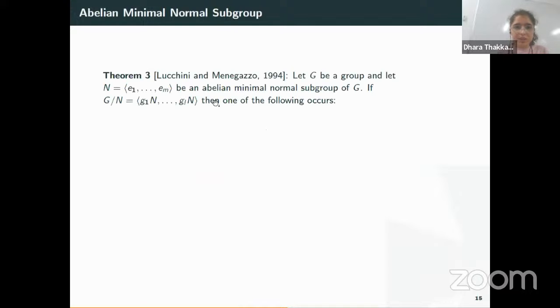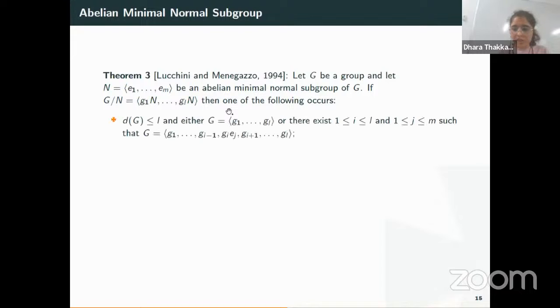There is a theorem by Lucchini and Menegazzo which says that if we have a group G, and N is an abelian minimal normal subgroup of G, and suppose that the quotient group is generated by g1N to gLN, then we can get a generating set for the actual group G. So if d(G) equals L,